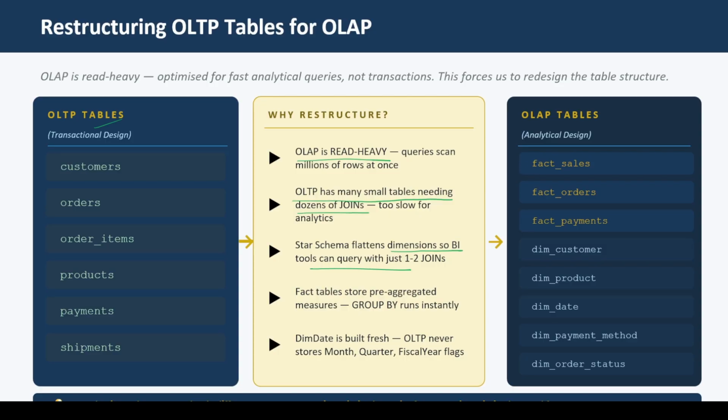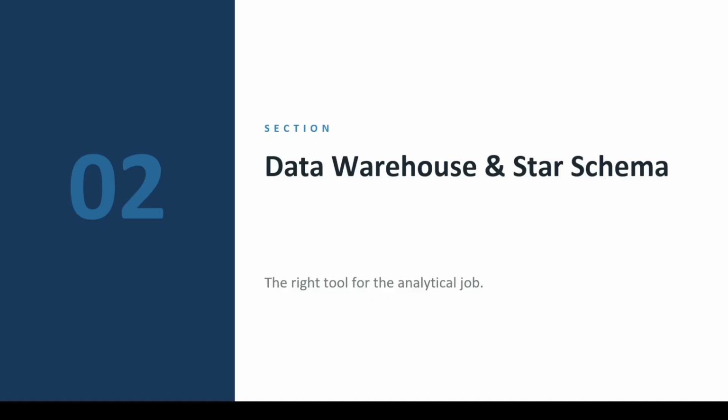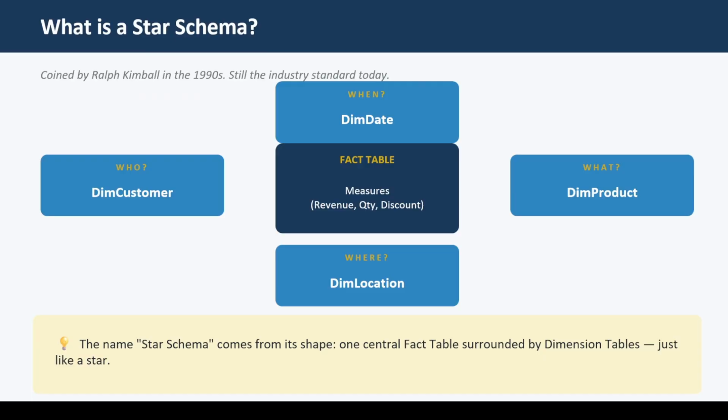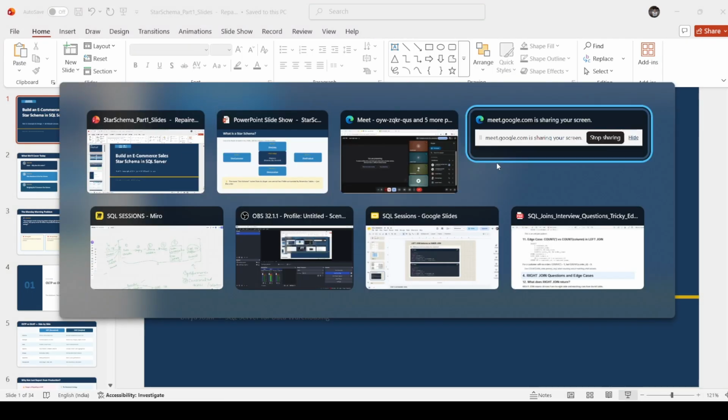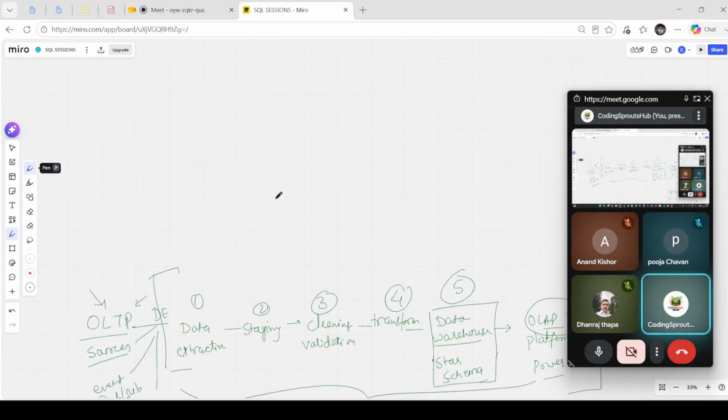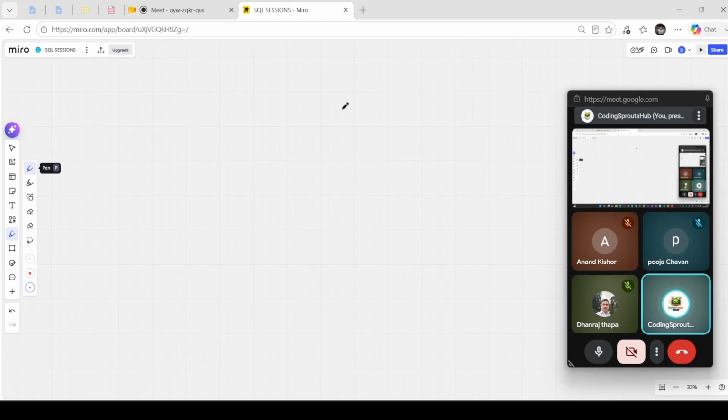Okay, now let's come back here. Usually, when we talk about OLAP tables, we name the tables starting with fact or dimension. So what is fact, what is dimension? We'll talk about that. Now let's come back to what is fact and what is dimension, which is very important. So fact table means that,